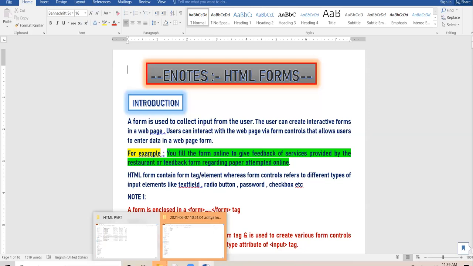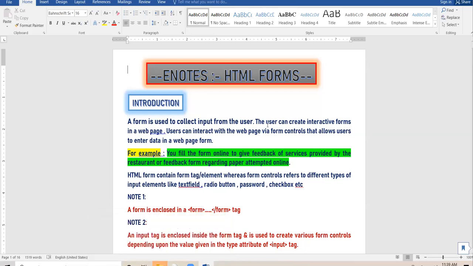All these different types of controls you can create in order to develop your HTML form. Clear? So in a nutshell, what is the meaning of HTML form? Beta, HTML form means to collect the information or data from the visitor of the site. And how is it done? It is done with the help of controls. The user fills the information in the given boxes and the information is submitted to the server.